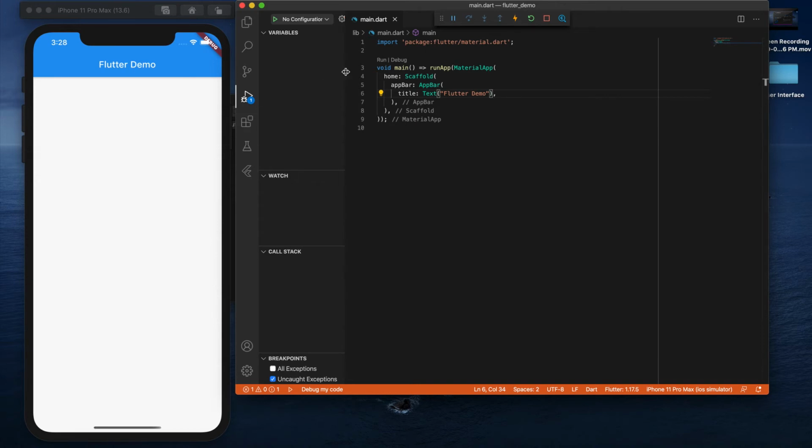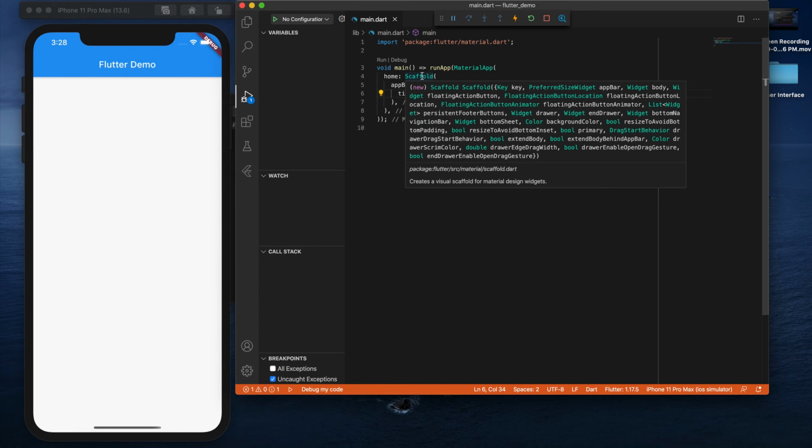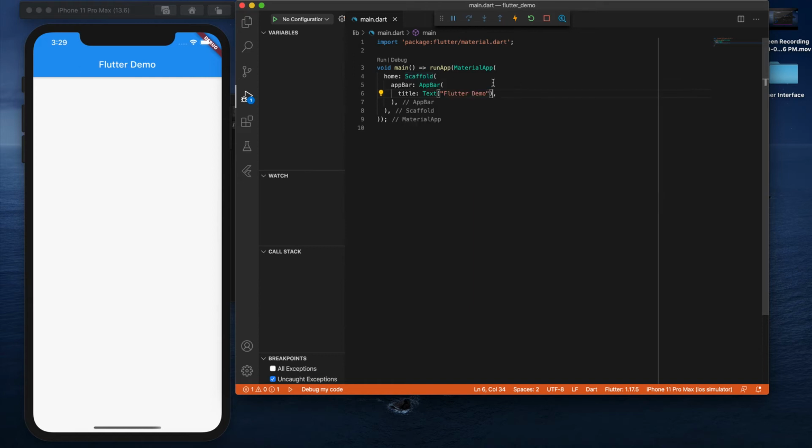What has been created is the scaffold widget, a wrapper for different layered widgets. It just created the app bar property. The app bar has a property like title, and in the iOS simulator you can see the title in the middle.